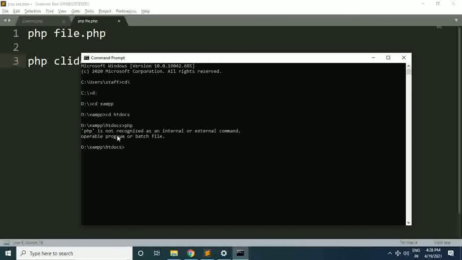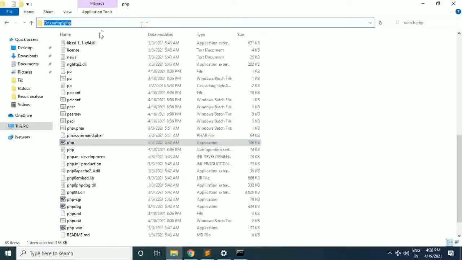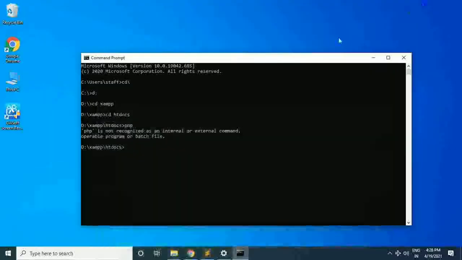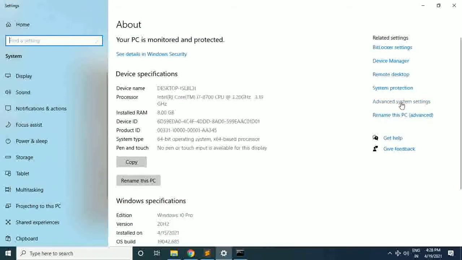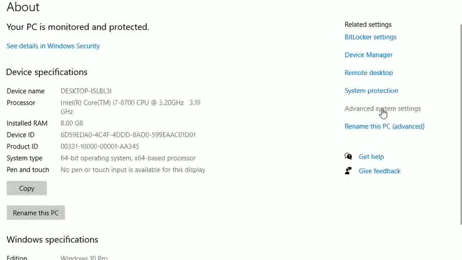So how to fix this error? So why is this error appearing? Because your system doesn't know where this PHP interpreter is located. So you need to tell your system the location of this PHP interpreter. Okay, so where is this PHP interpreter located? In D drive XAMPP PHP. Okay, so simply copy this path